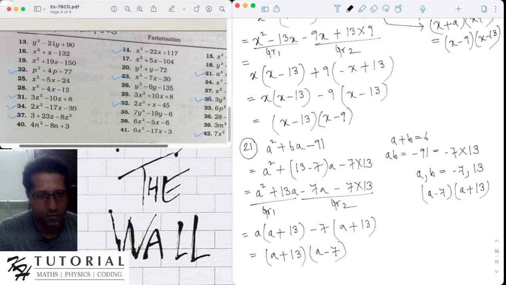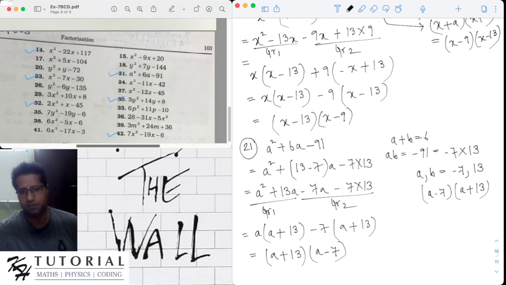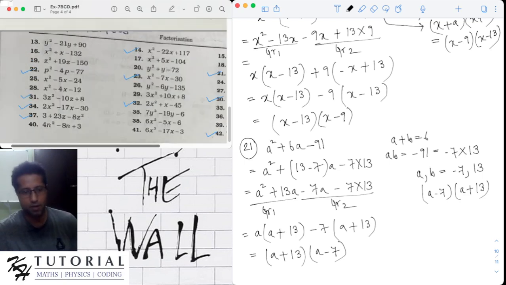Now, I will skip a few selected problems. I think the concept is the same. You have to just figure it out. The A and B